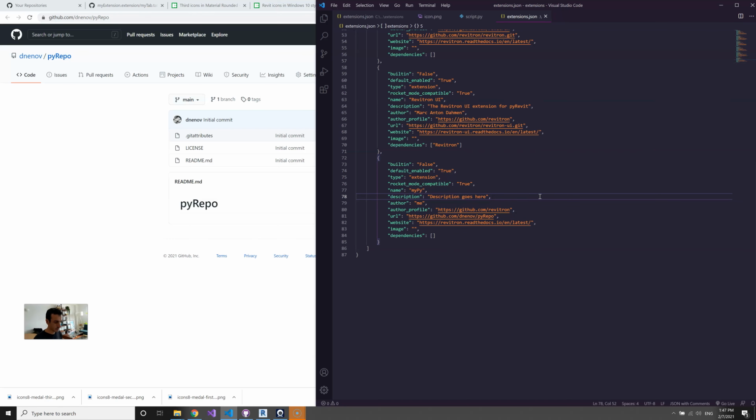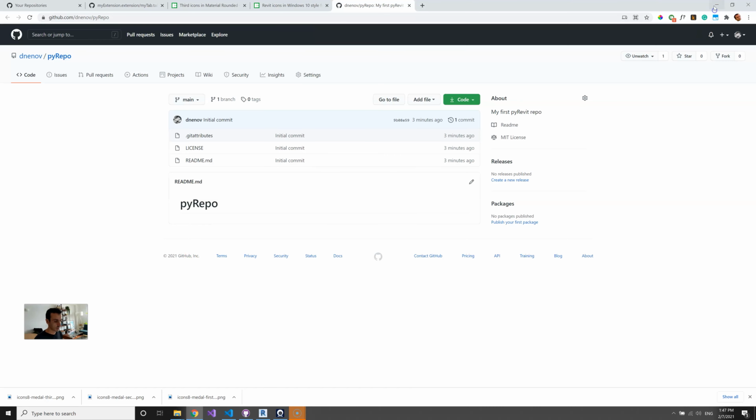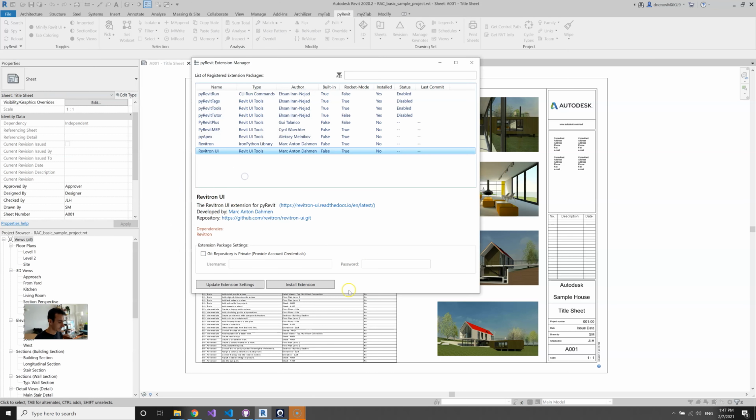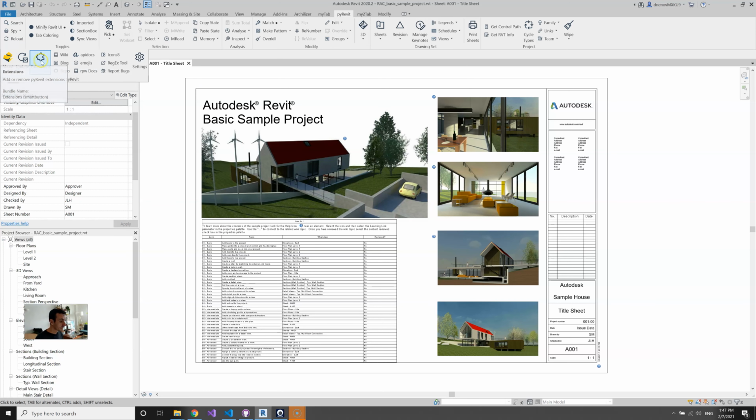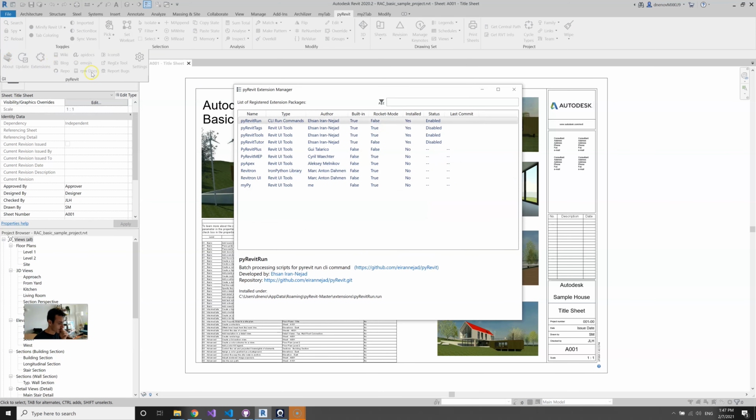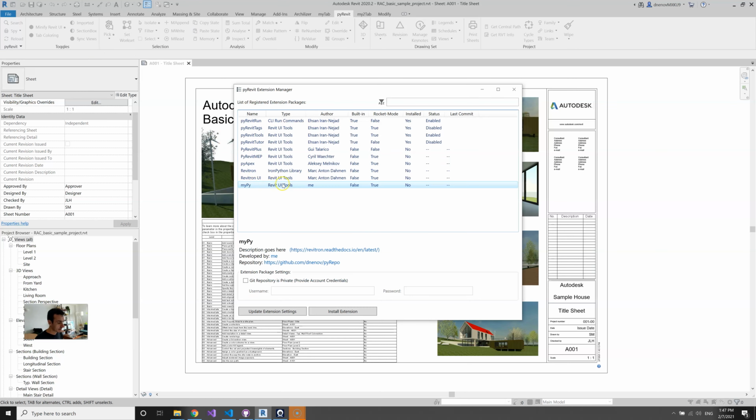So save that out. Now, going back to Revit and pyRevit, if you open the extensions tab once again, we'll see that there is now a new entry called mypy, that points to the repository that we would like to publish our work in. However, that repository is currently empty. So what we need to do is